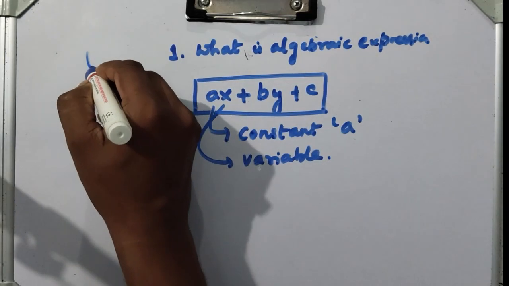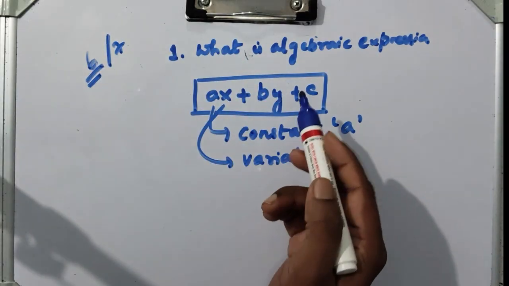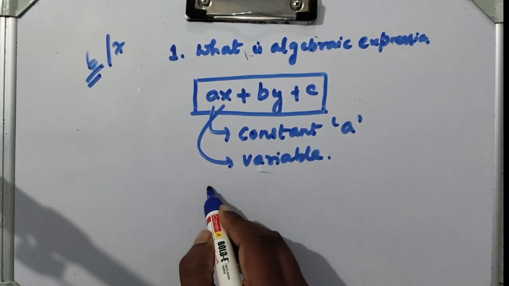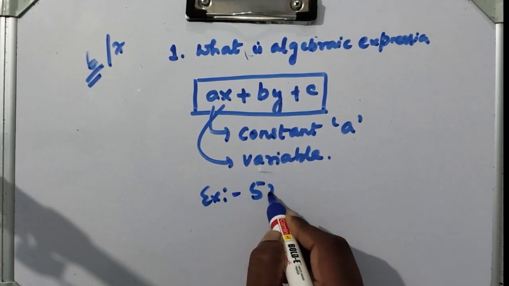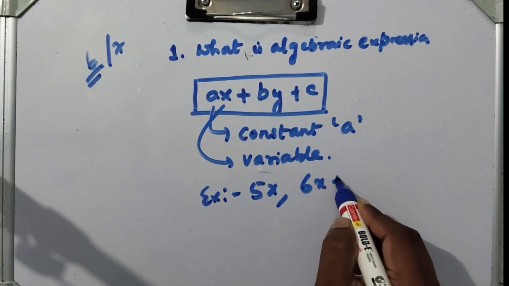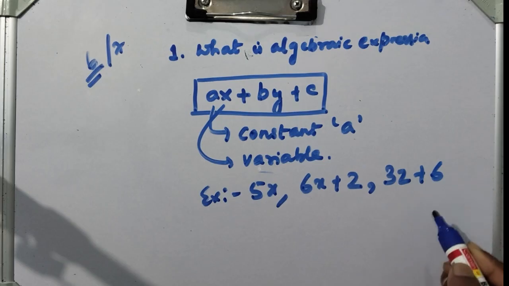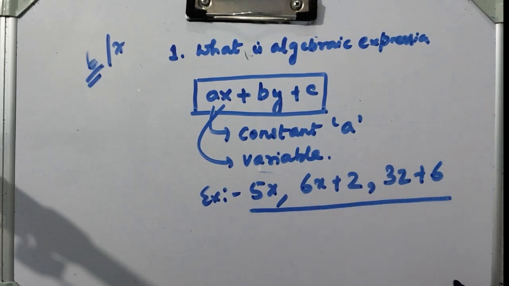so what is algebraic expression? We have already read in class 6 or 7 that an algebraic expression is a combination of constants and variables. Example, 5x, 6x plus 2, 3z plus 6. So these are algebraic expressions. Okay,